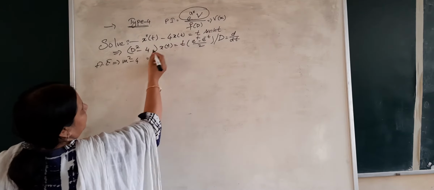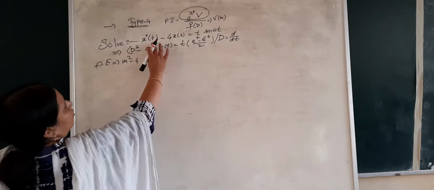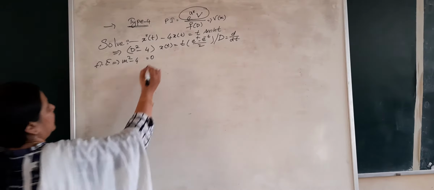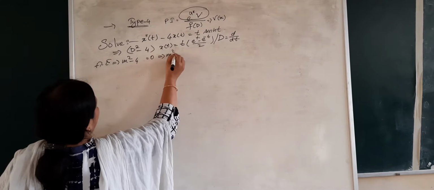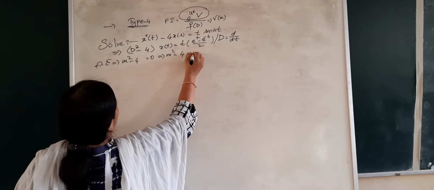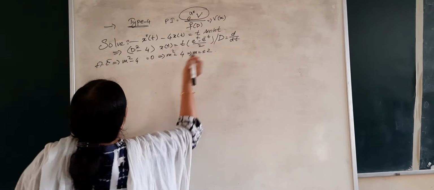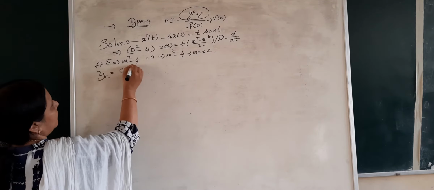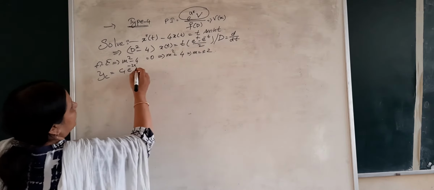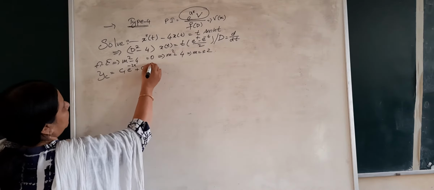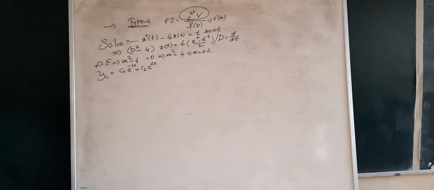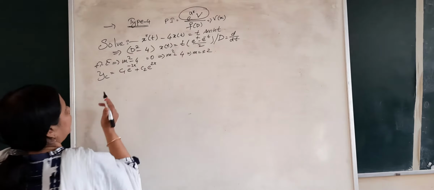There is no derivative, that's why there are no more d's here. It's just the constant term. Solving the equation, we get m square equal to 4, m equal to plus minus 2. Therefore, our yc is equal to c1 e to the power minus 2x, there are two values here, plus c2 e to the power plus 2x. One is minus 2 and the other one is plus 2. Got it guys? So that is what is yc.